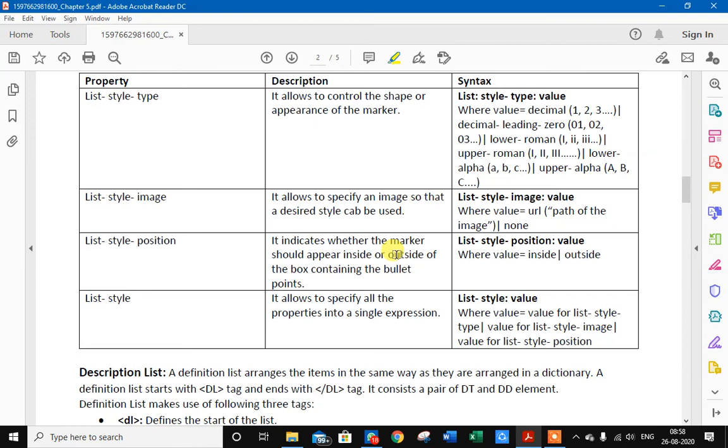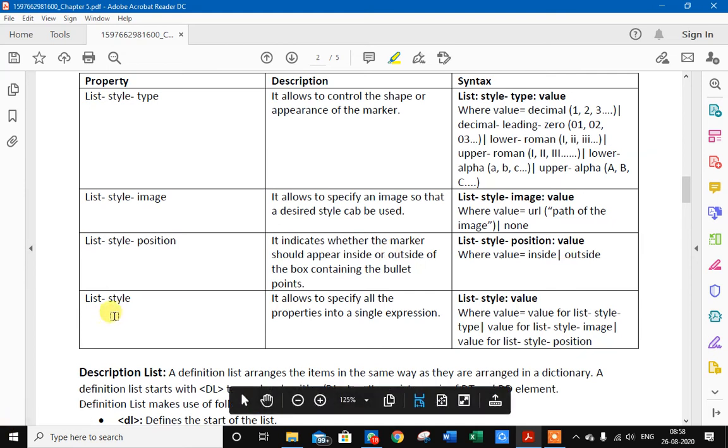By default the position is outside, and if we specify the value inside, our numbers or bullets will be shown inside the box. It can be used to make a list inside a list. Next is list-style. In this, we can put all the properties into a single expression.